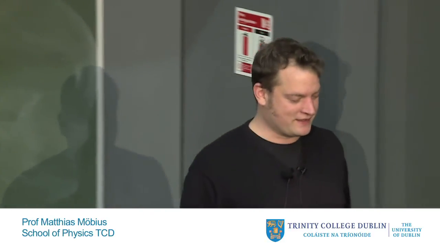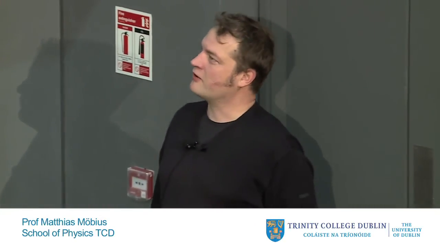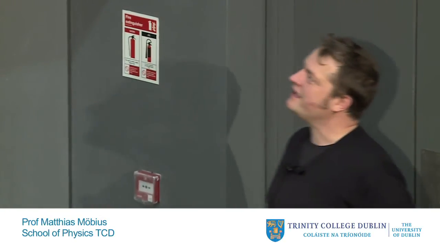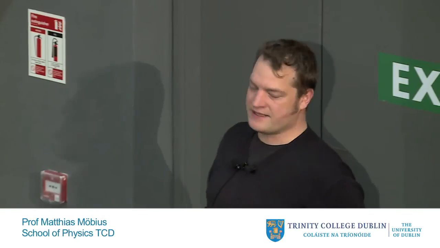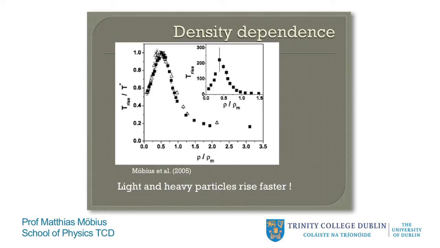Yeah? Often in physics, it's a bit more complicated the more you dig deeper. If you change, for example, the density of this particle, and you measure how long it takes for it to go up, you'll see this non-monotonic behavior. So light and very heavy particles go up very fast, which you wouldn't expect, especially the heavy ones. You wouldn't expect them to go up really fast, but they do. And the intermediate densities go up very slow.